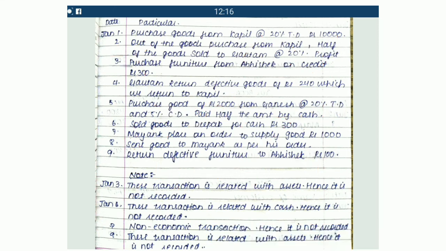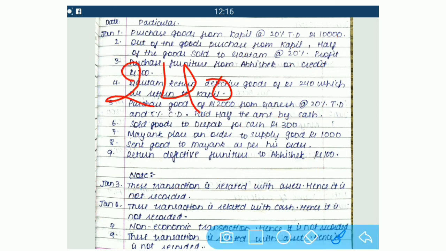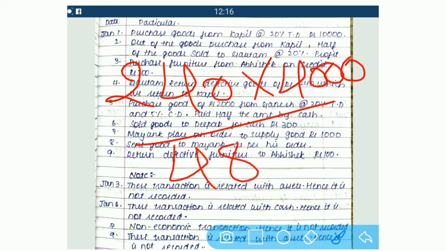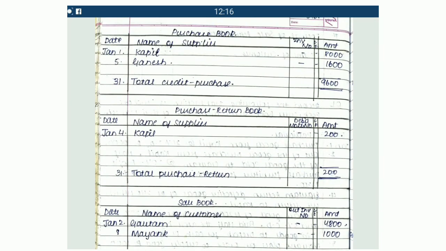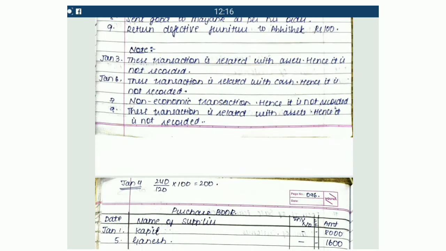So देखो कैसे इसको हम प्लेस करेंगे. So 240 multiplied by 4,000 divided by 4,800 equals, our answer is going to be rupees 200. That means we have to return Kapil rupees 200 only. तो कपिल को हमें कितना रिटर्न करना है? 200. कपिल से हमने परचेज किया था तो कपिल अकाउंट rupees 200 in purchase return. Don't give our profit to the person to whom we have purchased the goods.